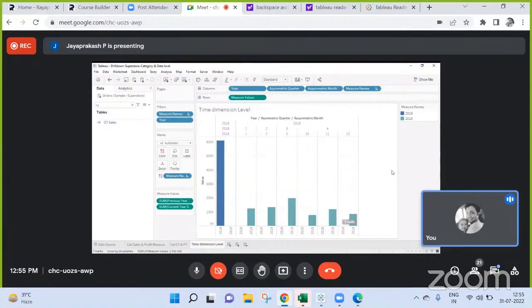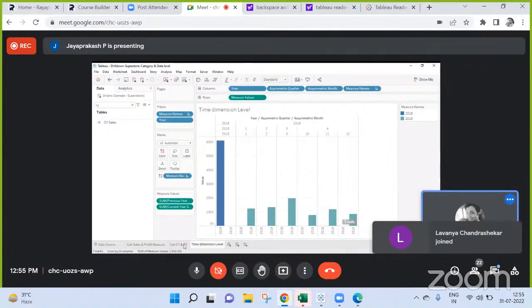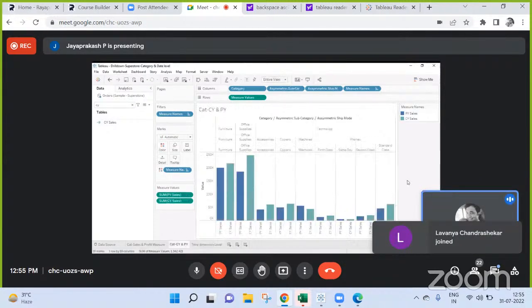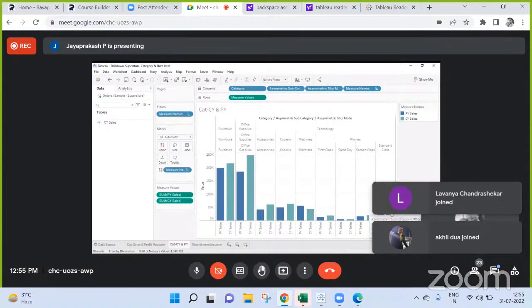Okay, it is the same. Is everything in the same sheet or is it a different sheet? A different sheet. So you are flowing from another sheet, right? Go to that sheet, CAD CYPY. So if you click on this, you are being directed there, right? Yes. Okay, click on that.